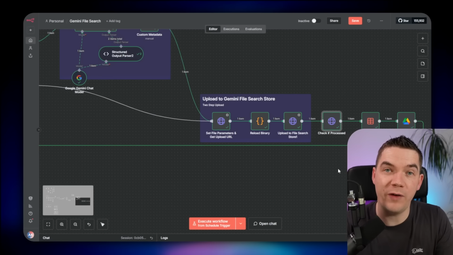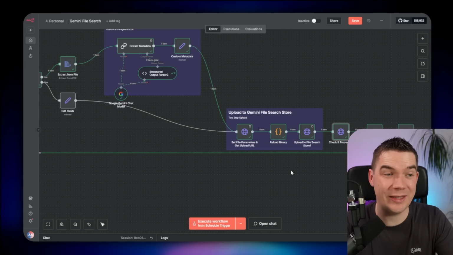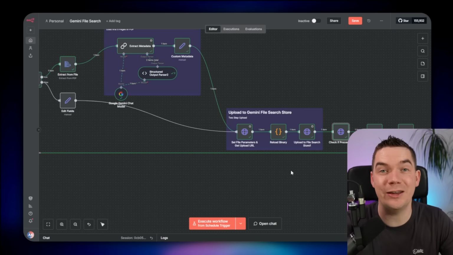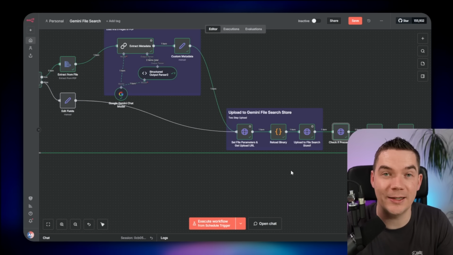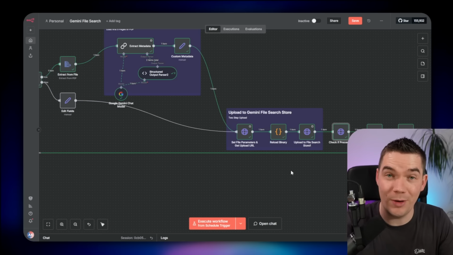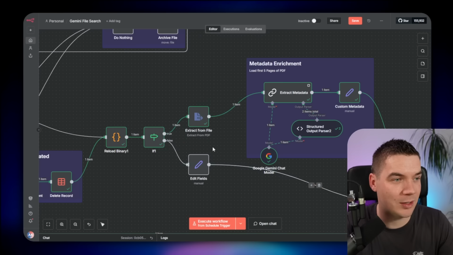Once you upload the file to the file search store, there is no way of retrieving all of the chunks of that file to be able to recreate or rebuild it. At least I haven't found a way to do it yet. So the difficulty with that then is you essentially need a different way of processing that file to extract the text so that you can then use an LLM to extract out metadata. And that means you start recreating some of the abstracted features that Gemini have created in the first place to make life easier. So this entire metadata enrichment section is a bit of a problem really, because here I'm only